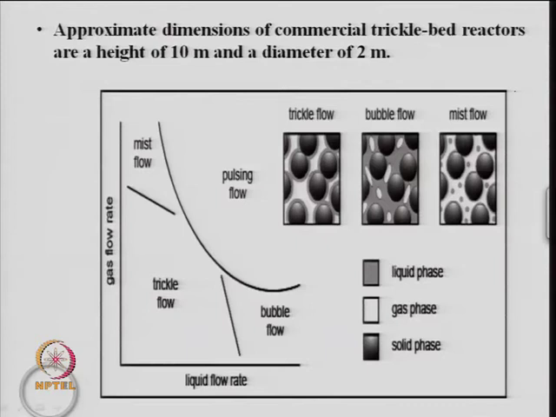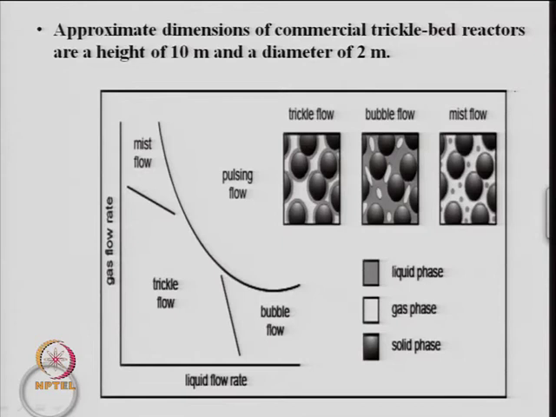In a commercial trickle bed reactor, they have a height of up to 10 meter and diameter of 2 meter. I mentioned the L by D ratio, and D by d, the reactor diameter to catalyst particle diameter, in order to avoid the wall effect. All these things are very important, but you need to check them simultaneously. A very large column is also very difficult to handle. So, all these factors need to be checked when you get the size of a reactor for a given productivity, and then take a definite L by D ratio to have plug flow condition, and simultaneously select the catalyst particle size in order to avoid the wall effect.